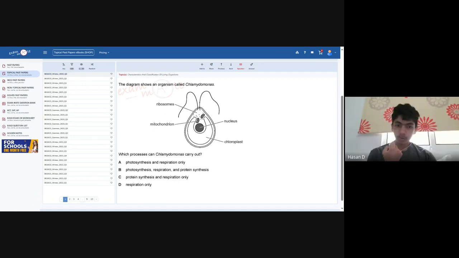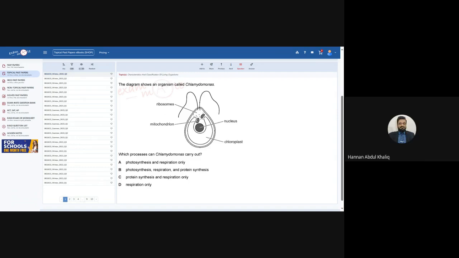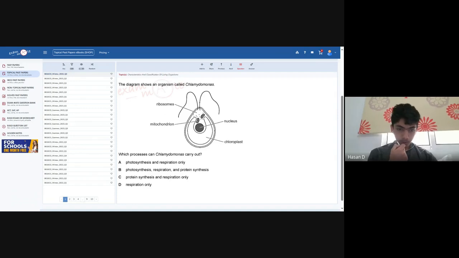So for the chloroplast, is it possible if I can draw on the screen? Is there a feature? Do you have the pen tab? It's fine. Okay, so